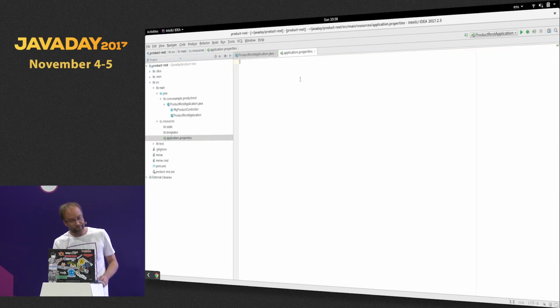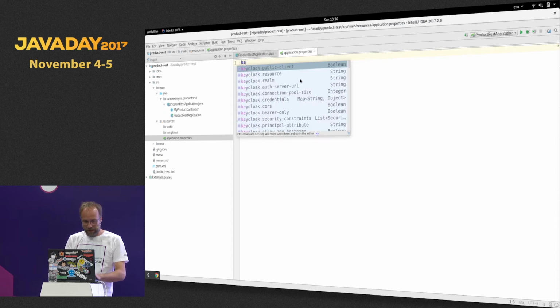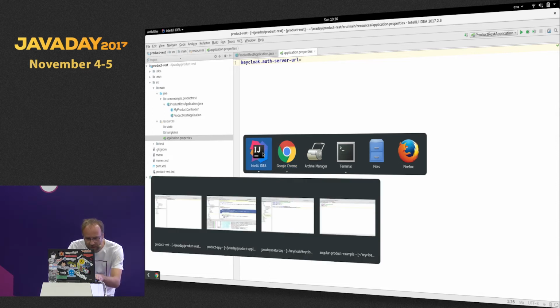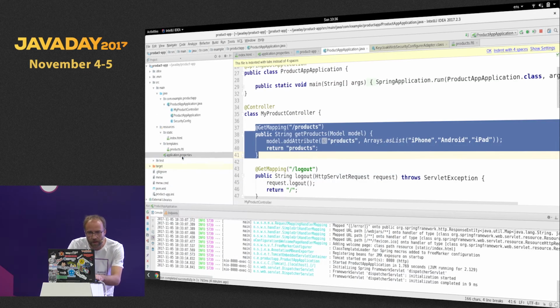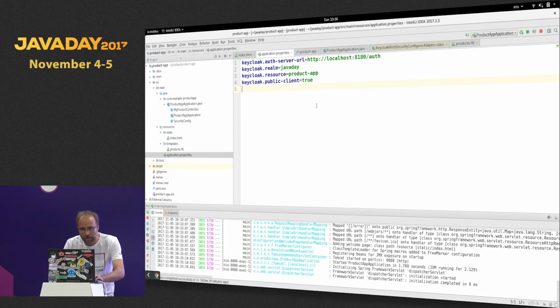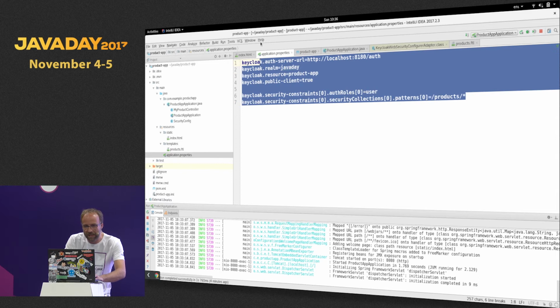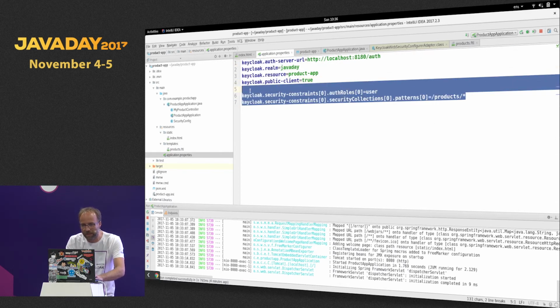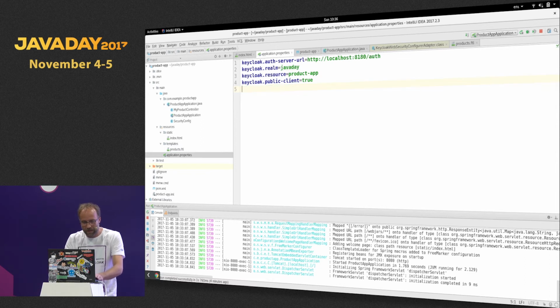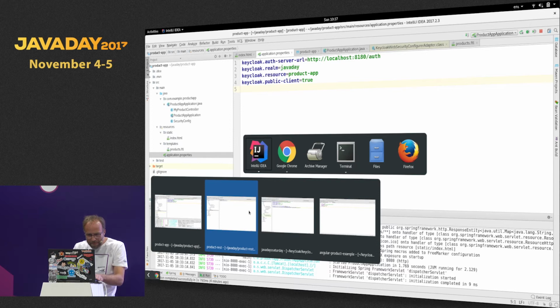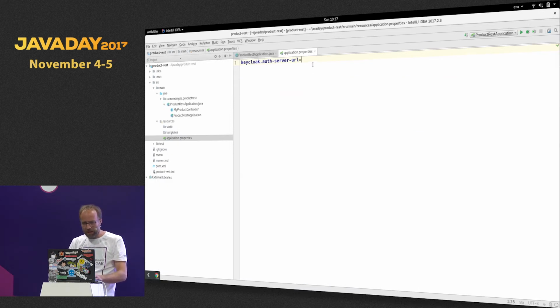secure it. So like before, Keycloak, alt server URL. You know what? Let me just be really lazy and go here and just do that. Okay. Let me remove that. And let me go back to the other field here. That's product REST. Okay. So